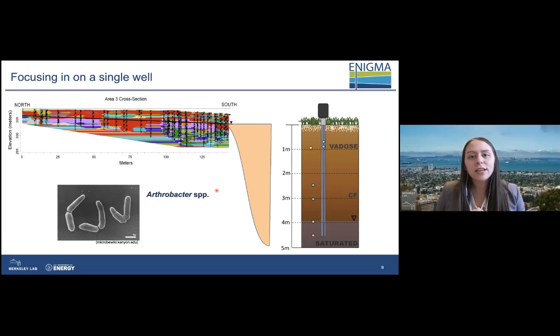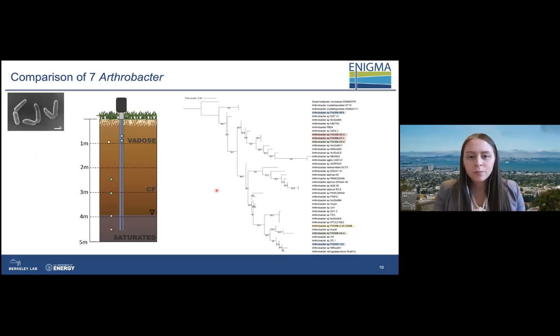Arthrobacter is known as an environmental organism that performs a lot of complex carbon transformations, on big molecules like different carbohydrates. They're really known for those sorts of metabolisms. And when we sequenced these Arthrobacter and did a phylogenetic tree, this is just showing a phylogenetic tree of the